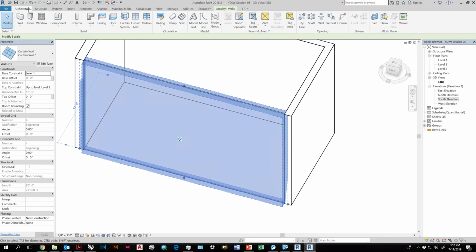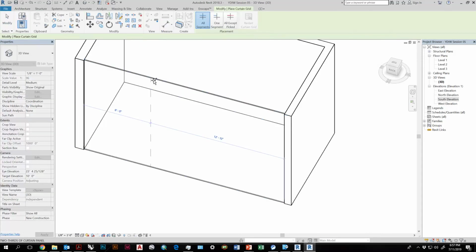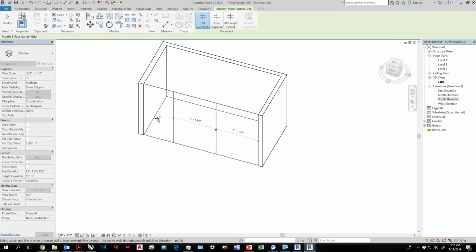So if I go over to Architecture and I go over to Curtain Grid, I can create where the grids are going. So let's say we wanted this to have, let's see, I made it 20, but there's wall thickness, so we'll just do every 5. We'll do 5, and then we'll do an equidistant.